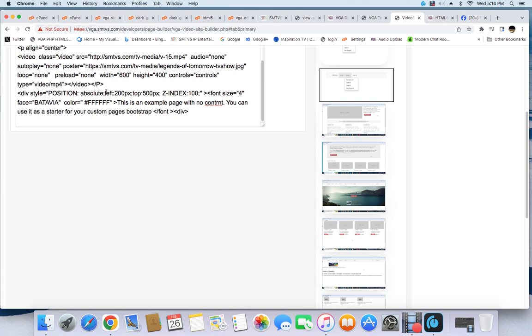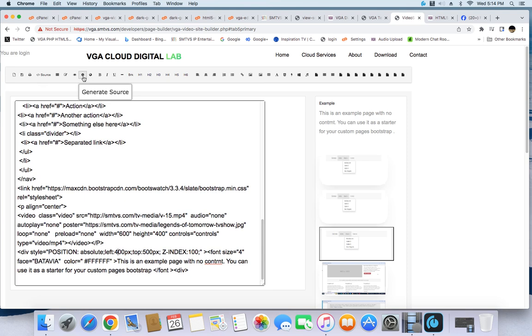We said, okay, I want to move this text over a little bit, and we already know what it looks like, so we're just going to regenerate, and then look at it again,